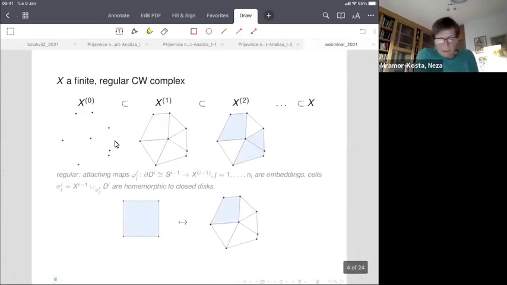So let me start at the very beginning. What we're going to have today is a finite regular CW complex. We start with the zero skeleton, and then we glue on one cells to get the one skeleton, and then we glue on two cells to get the two skeleton, and so on up to the final stage, which is our space X. It should be a regular CW complex, which means that